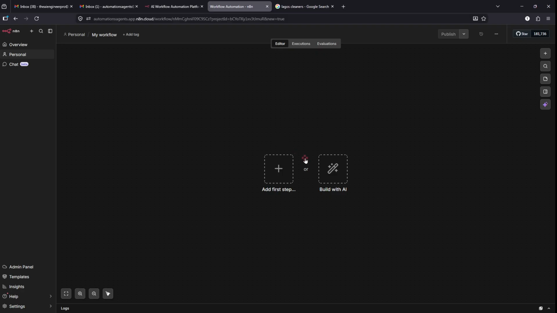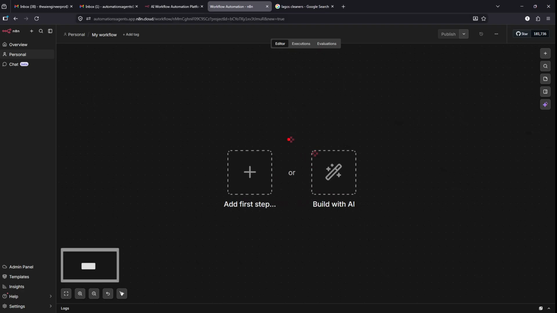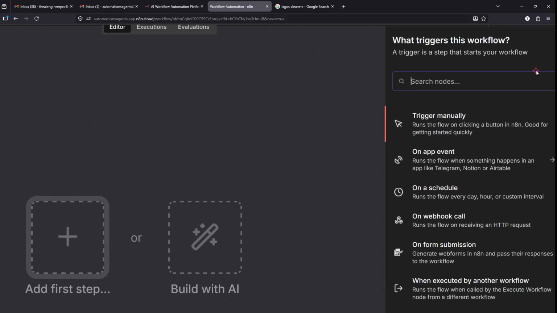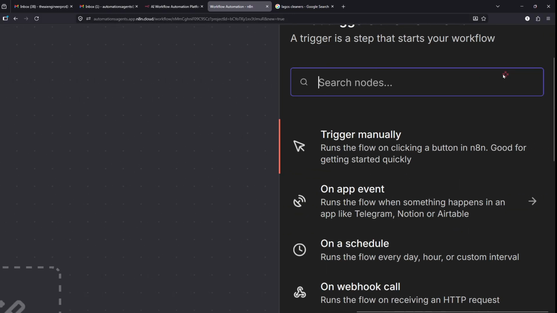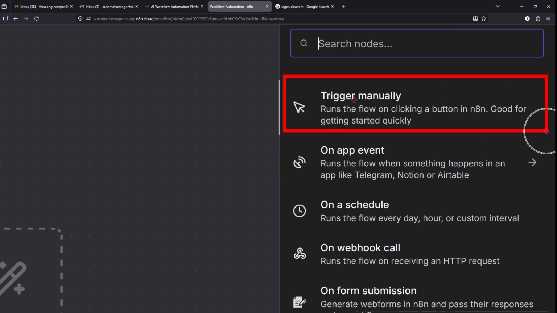Anyways, to get started, the first thing we want to do when we create a workflow is to click on add first step. I already told us the first step of a workflow is called a trigger. We're just going to click on this add first step here, and a panel is going to pop up on the right-hand side, and there are different kinds of trigger. You can trigger manually, which basically means that you don't want your workflow to run unless you run it